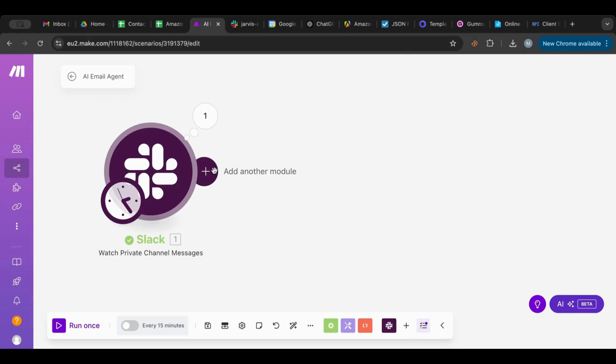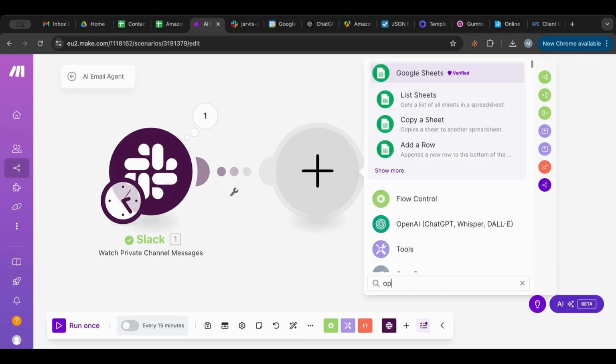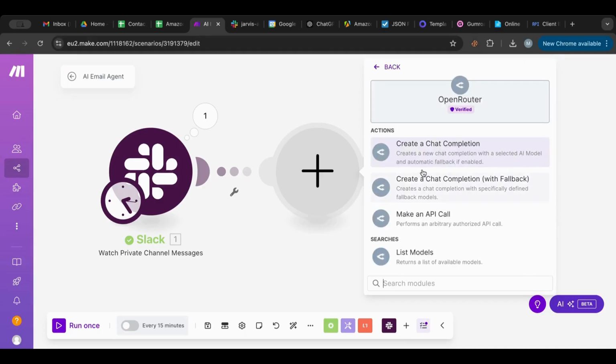So the next thing I want to do is I want to link an AI model. Now you can use OpenAI, but I like to use DeepSeek, because DeepSeek is quite cheap, and it just makes AI models available to everyone. So I'm going to use OpenRouter, because OpenRouter has all the models that I would want. It has OpenAI, it has Llama, it has everything. Okay, so I'm going to create chat completion,